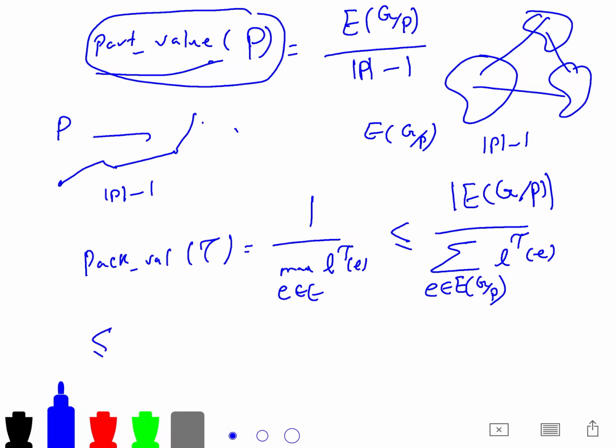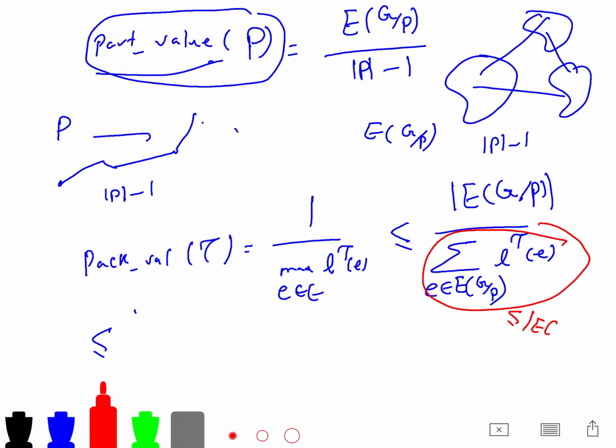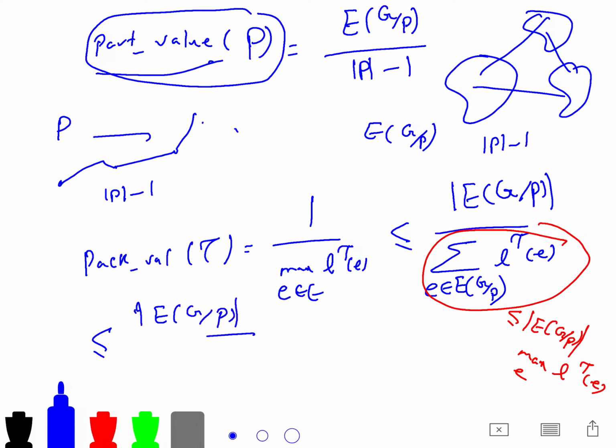And this is less than E of G P times the maximum of L2 of E for any E, because this part is less than that. So we can write this as less than E of G P over P minus 1. And this is exactly the definition of part value. So what we have just proved